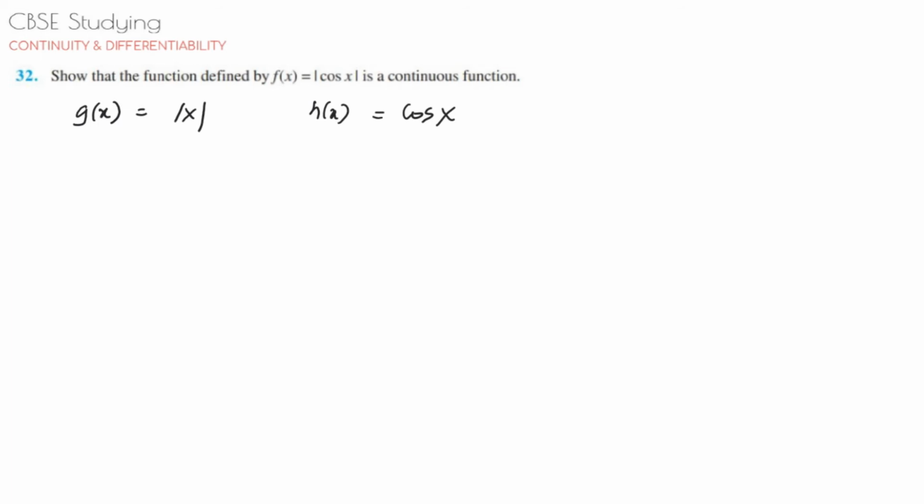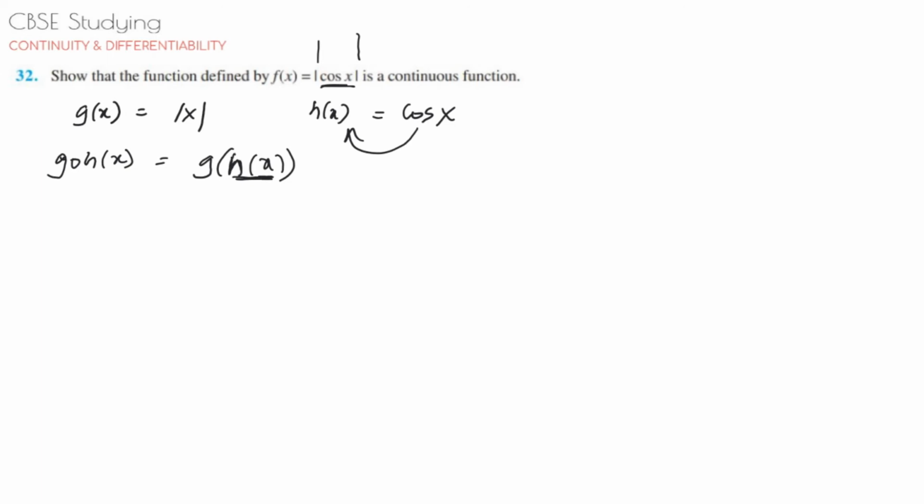So you see your modulus is on the outside and cos x is on the inside, so that's why we have taken h of x as whatever is inside the modulus. All right, so now what is the next step? g of h of x. Now, h of x means in the function h of x, in every place where there is x, you will substitute it with x only. This is the meaning of this function.